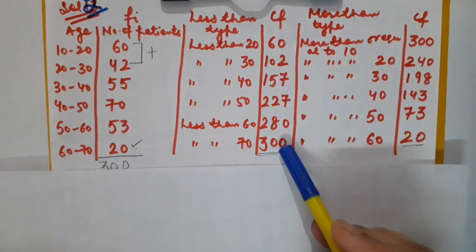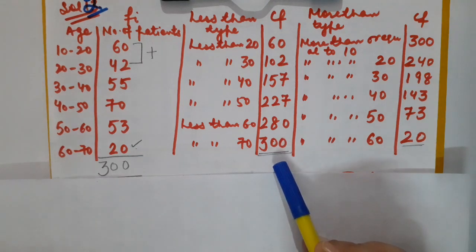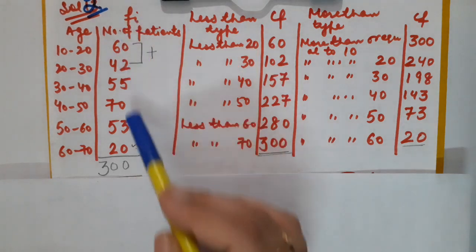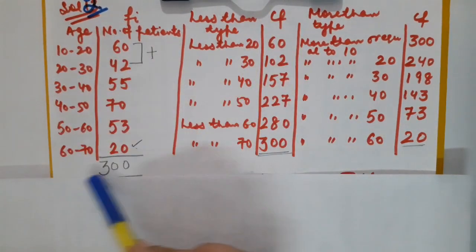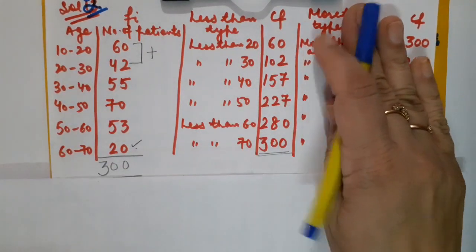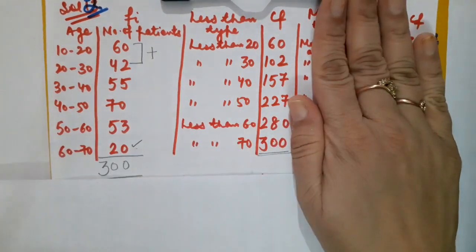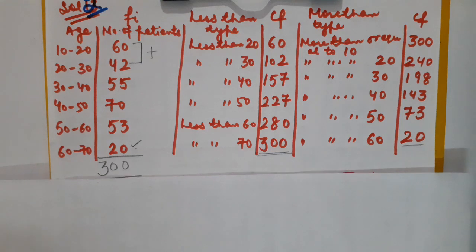In the same manner children, keep on adding them, and ultimately just to check whether our table is right or wrong, what we are supposed to do, whatever is the last cumulative frequency, that is the sum of all the frequencies. Fine children, only this much is asked in the question. You are not supposed to prepare the more than type table. So you just be focused on this. Okay. Please observe whether you have done it appropriately or not.